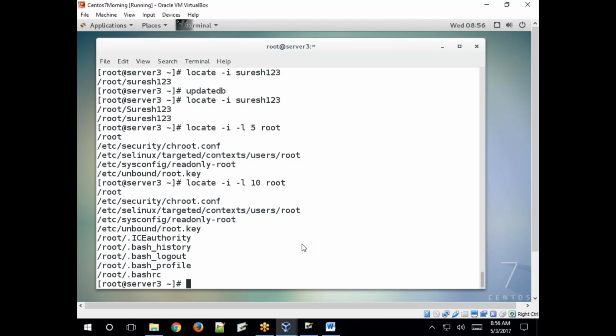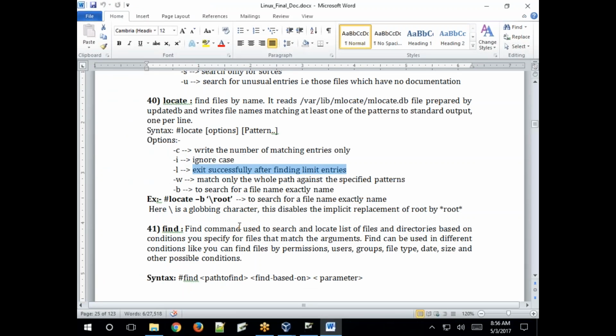If -l is not specified with 10 or 5 or 20, then it returns all the lines, the matched pattern. Okay, root. So if root is contained in this file, then it returns it. See, here also, here, here. Clear? Got it? Limiting.